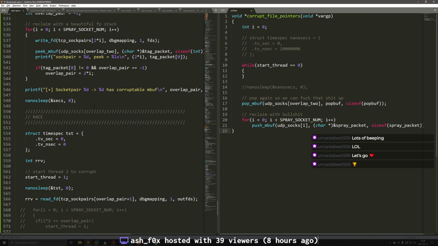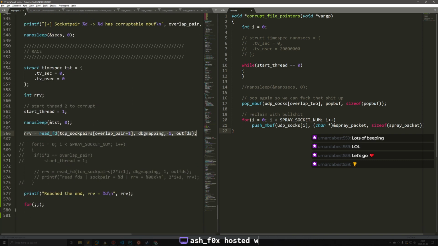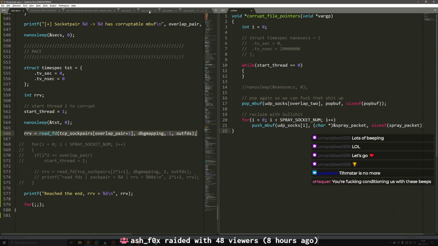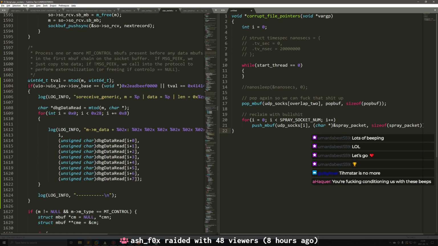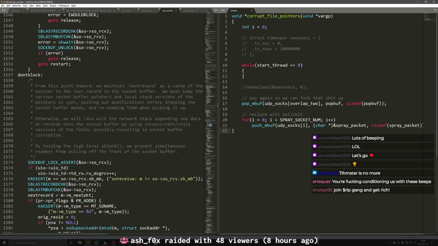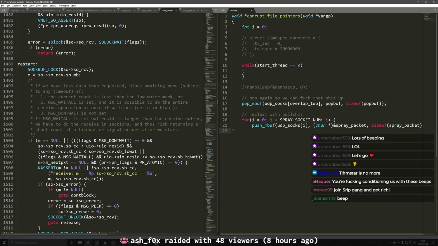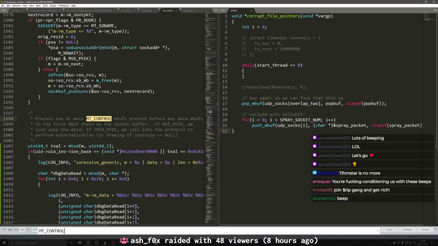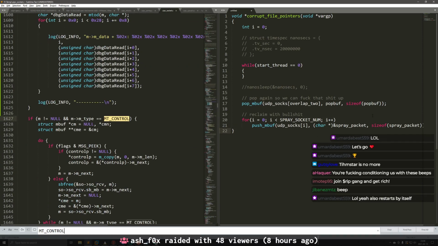So yeah, we have a TCP socket pair and a UDP socket, both pointing to the same mbuf. On one thread, we are triggering a read of the file pointers, so that it passes the MT control check, which I will go to really quick as well. Basically in UIPC socket, we need to get past... this function is so damn large. I'll just do a search. Okay, there we go. We need to get past this point before we start the corruption, right?